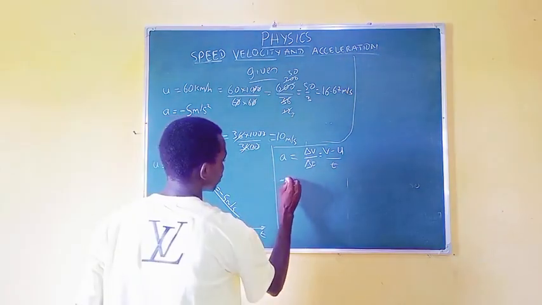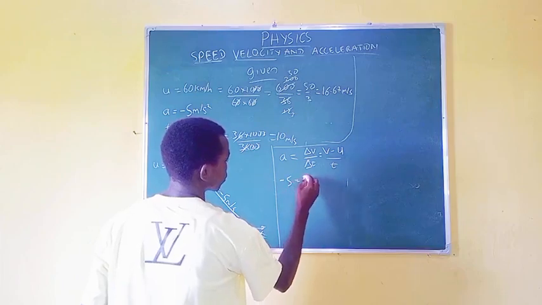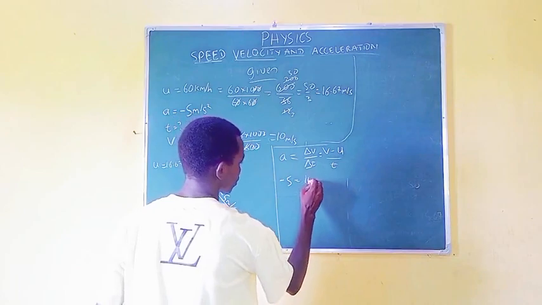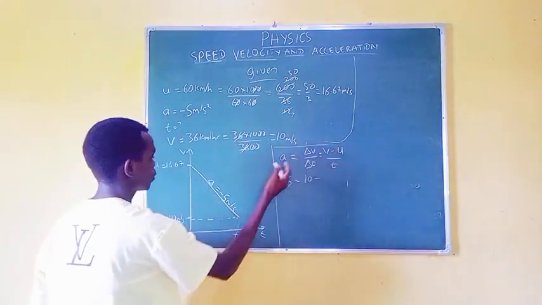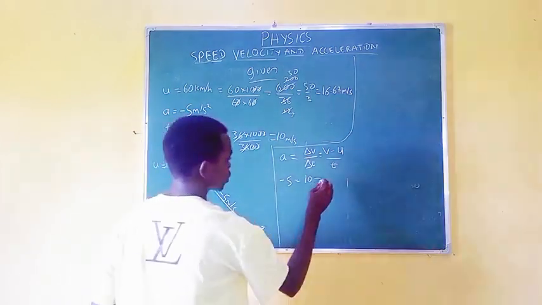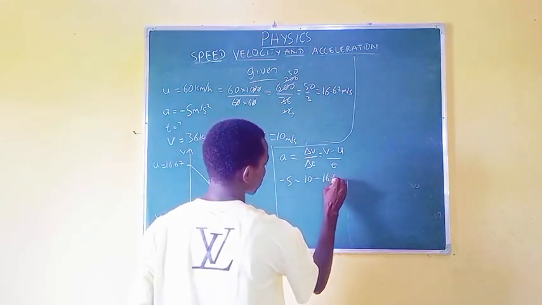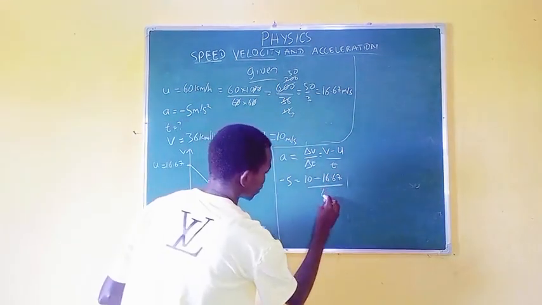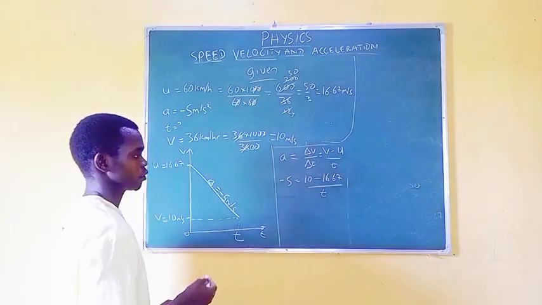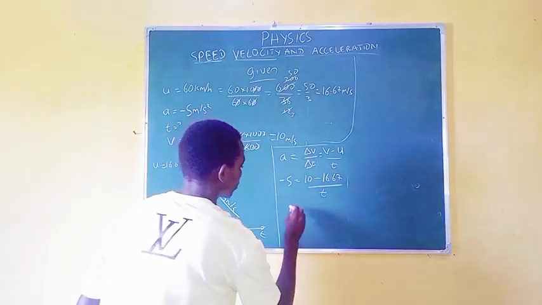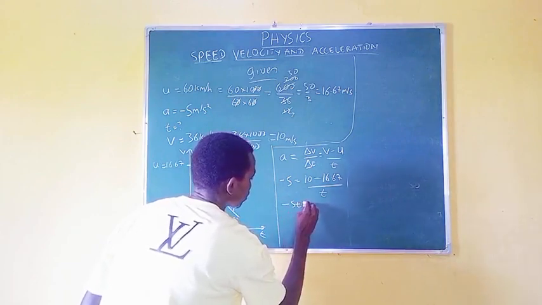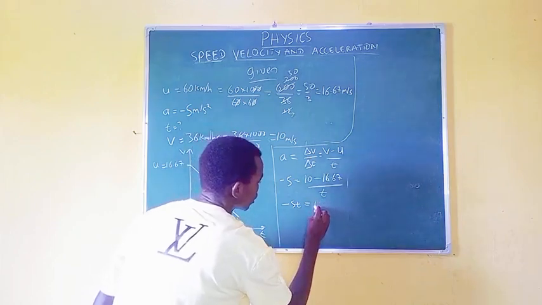So we have minus 5 is equals to the final velocity, which is 10, minus the initial velocity, which is 16.67, over the time, the final time, what you are looking for. When you cross multiply, we have minus 5t is equals to 10